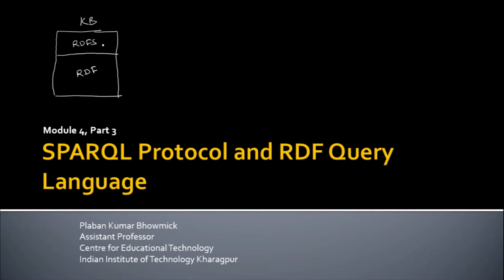RDFS is basically talking about the terminological knowledge of the domain, and RDF is talking about the assertional knowledge, the concrete knowledge about the entities in the domain, right? So we know that there is a framework by which we can create the knowledge about the world, right? So why are we doing this? Basically, we have got some outer applications. We have got the applications at the other end,